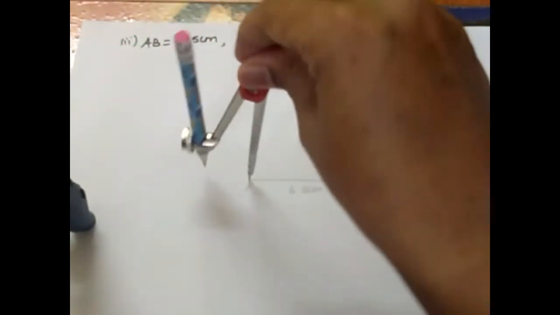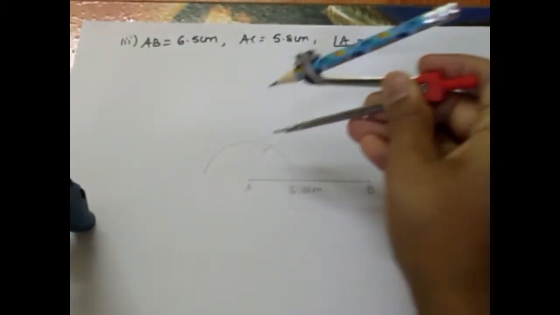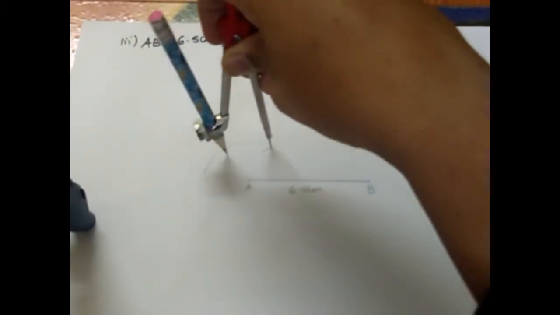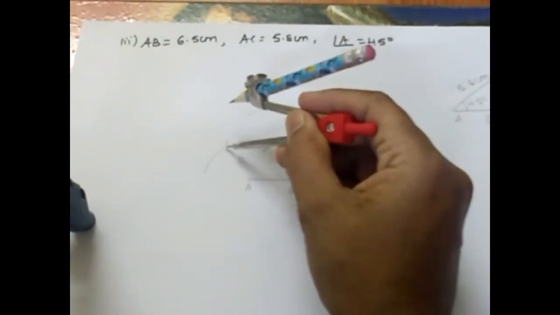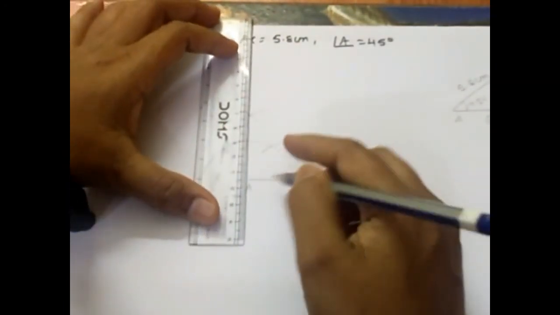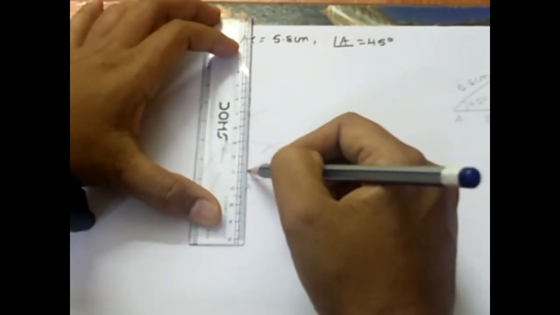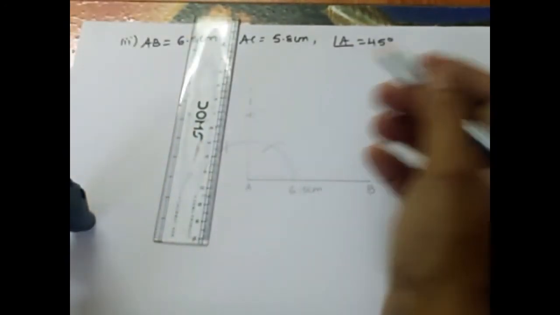Okay. Now AB is 6.5. Let me keep my compass at A and draw the first arc. And from the position where it touched the line, the second arc. From that, the third arc. Again, we need to have the arcs which we have drawn before coincide with one more arc, so that it gives the measure equal to 90 degrees. Just draw a dotted line. Okay, this is my 90 degrees.